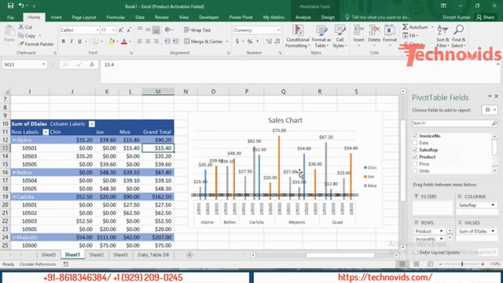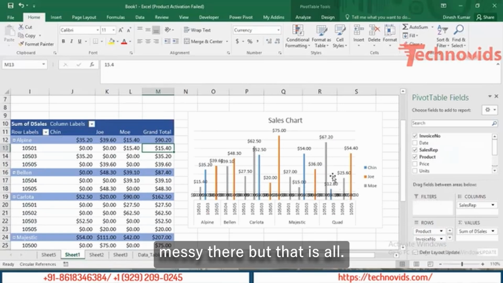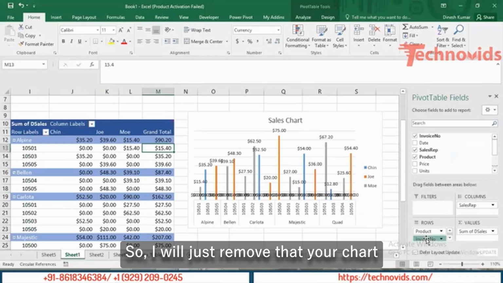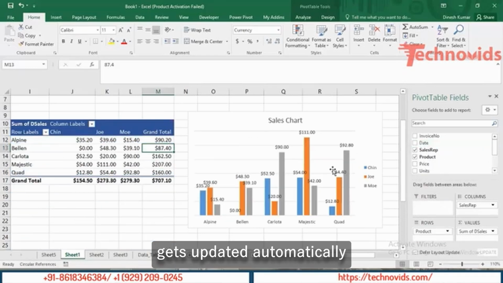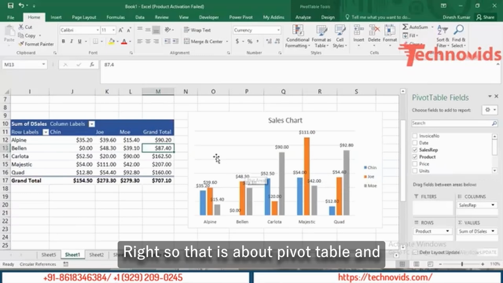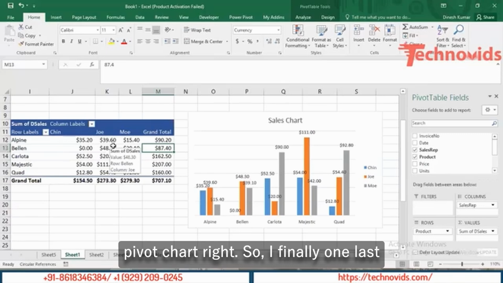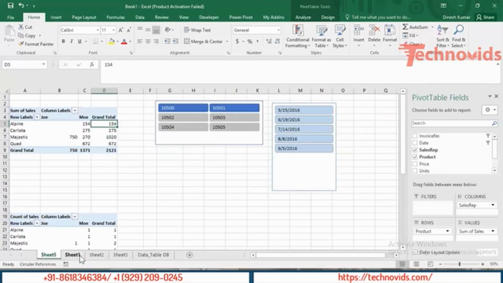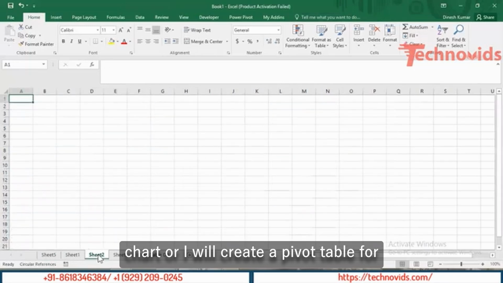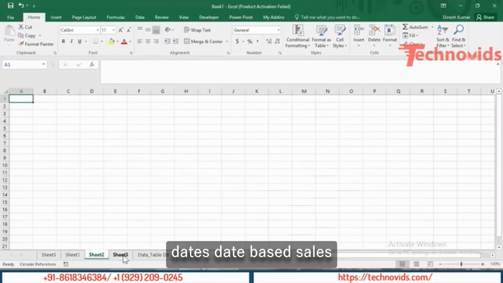But as there is huge data, it gets a little messy there. But that's all. So I'll just remove that. So your chart gets updated automatically whenever you insert or delete things, right? So that's about pivot table and pivot chart, right? So finally, one last example, I'll create a pivot table for date based sales,